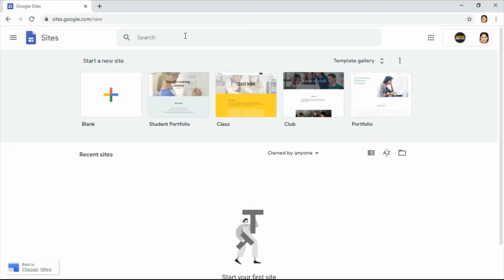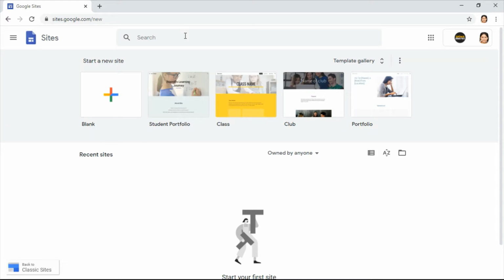Each student has different strengths and weaknesses. Portfolios are a great way to track your individual progress and show off your achievements throughout your learning journey. In this video, I'm going to show you how you can easily build a portfolio with Google Sites. I'll cover the basics of Google Sites first, and then I'll show you a way how you can organize your